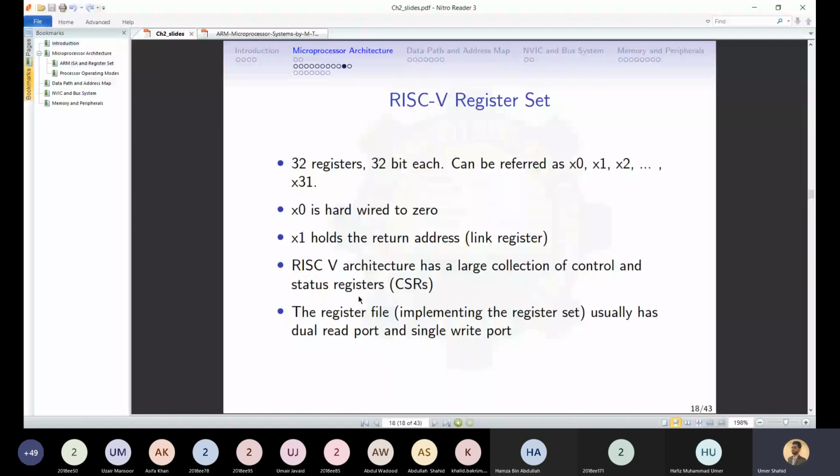And in parallel, we will be discussing the RISC-V architecture as well. RISC-V, as we discussed in the last lecture, is the latest architecture and the modern version of ARM. So if the ARM architecture has 16 registers, RISC-V has a total of 32 registers. It has 32 general purpose registers, which can be referred to as X0, X1, X2, up to X31. X0 is hardwired to 0, so its value will always remain 0,